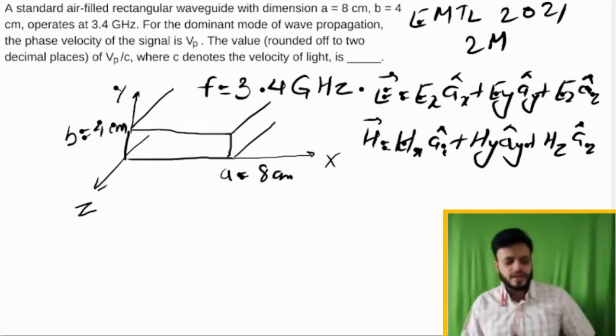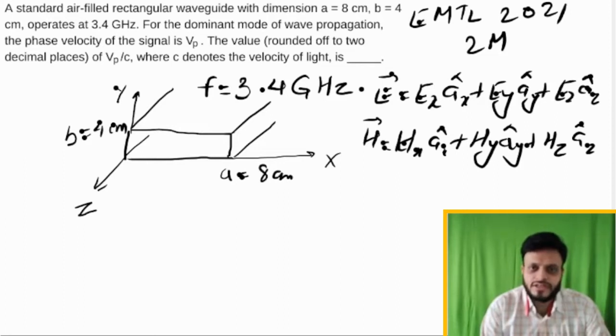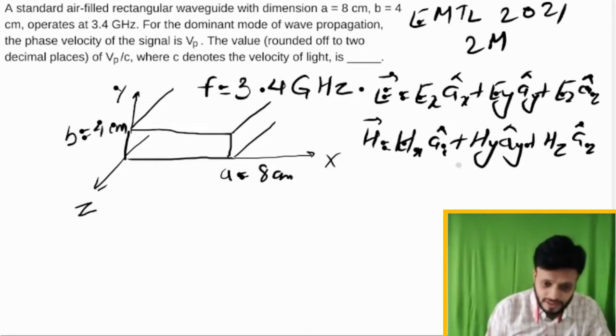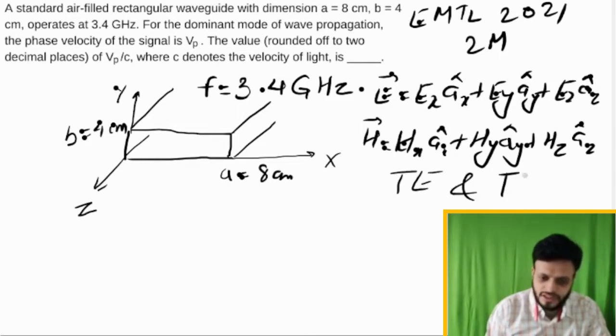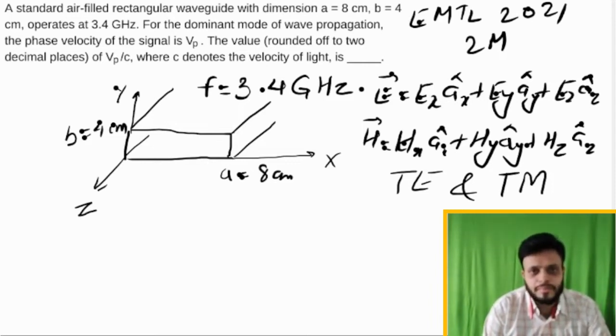Now we have two different types of wave propagation. Basically there are two different types of waves. One is the transverse electric wave, which we call a TE wave, and the other is the transverse magnetic wave, called TM. So now, as per the definition of these TE and TM waves, we can say that the transverse components of the electric and magnetic fields exist,